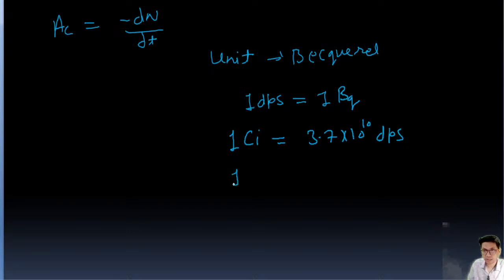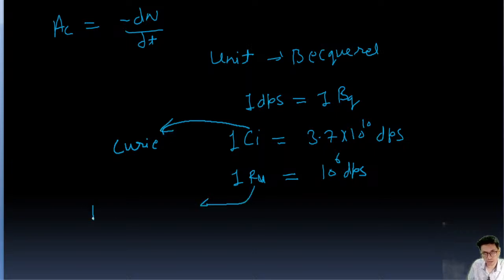And similarly, 1 Rutherford (Rd) is equal to 10 to the power 6 disintegration per second, dps. So this is Rutherford, this is Curie, guys. Okay, next point is